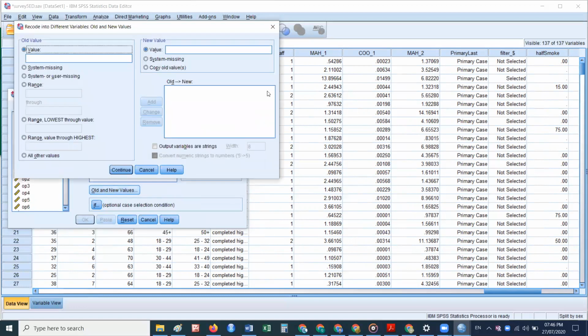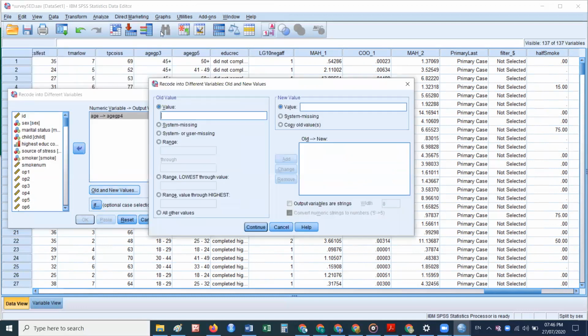We have the option of old values. Old values of age. A specific value or the range of values. I'm going to define the range of values, suppose up to 20.